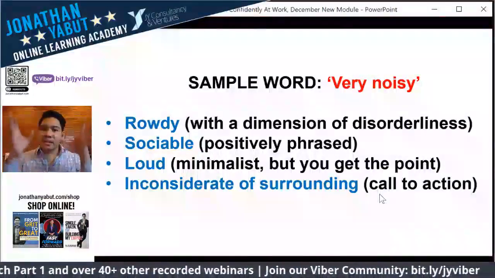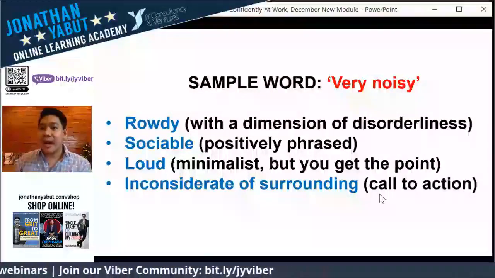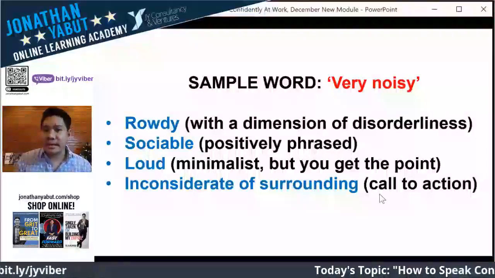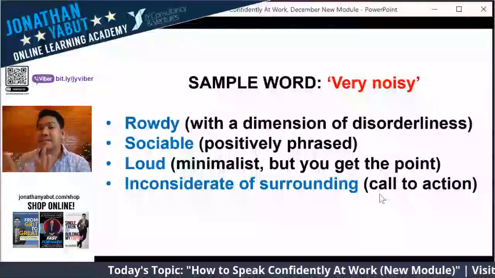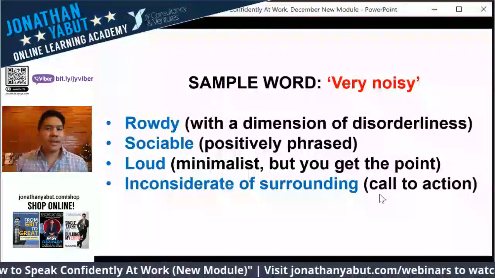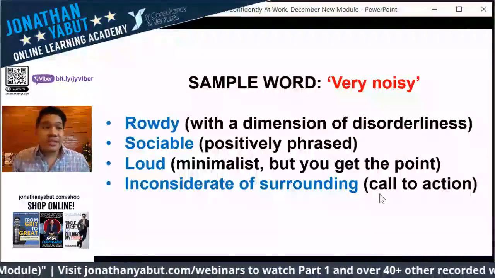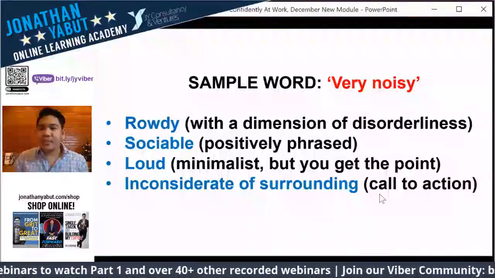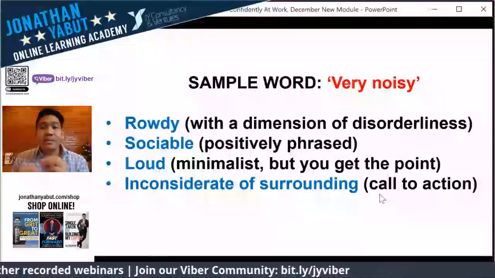When you say that you're inconsiderate of your surroundings, you're adding another element, and that is a call to action element. You're implying that not only is Jeremy noisy, you want him to slow down or please be silent in situations when this is called for. Why is it important? There are some people that when you tell them that they're noisy, they just say, noted, and they're not going to do anything about it. Sometimes you have to spoon feed the call to action to them and tell them, Jeremy, we find you very noisy.